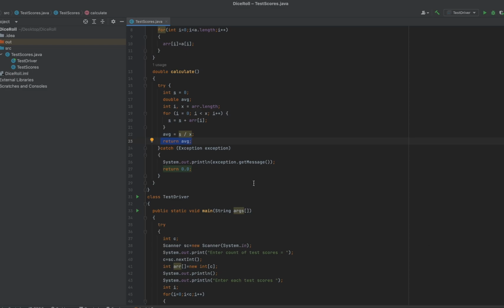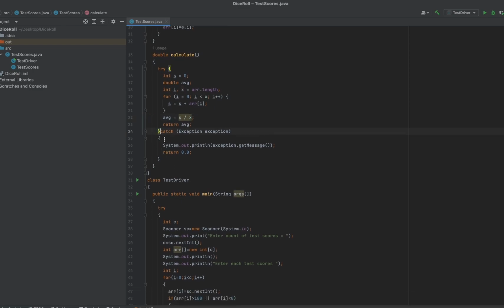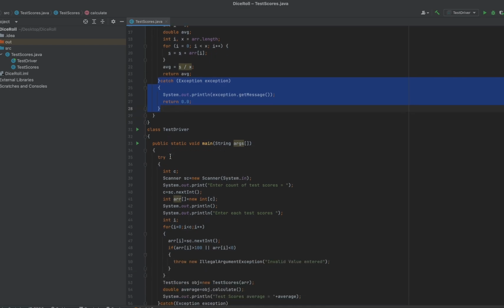to the main function call. I have surrounded this code with a try catch block because there might be a case when x is 0. If x is 0, in that case there might be an exception, like a null pointer exception. It would be an infinite loop. So for that I added this try catch block, and I will handle that exceptional case using it.